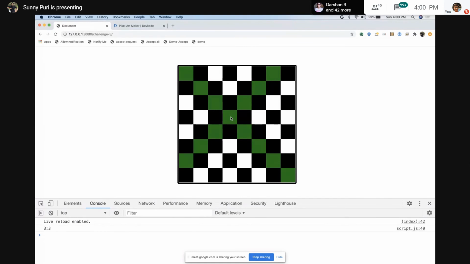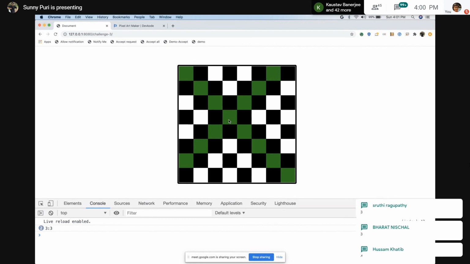Just think of it. Let's start from here. I have used two loops. Two loops means one for top, one for bottom. I have seen some examples where they have used one for right, one for left. Either you can use one loop for top and one for bottom, or one loop for left and one for right. In my case, I have done top and bottom. What will happen right now? What is the row and what is the column? Just tell me what is the column. Column is 3, right? And row is 3.